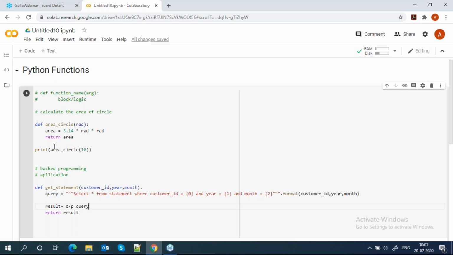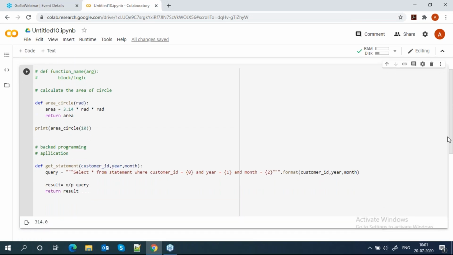Okay, now how do you get a value from a function? You can see here my area of circle. If you didn't return anything from your function, then why would you write it? Then what is the use of that function? Basically, return gives you the output of the entire calculation that you're doing. Exactly. If you don't return anything, it will return None.